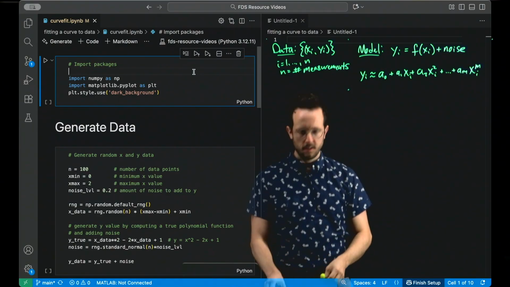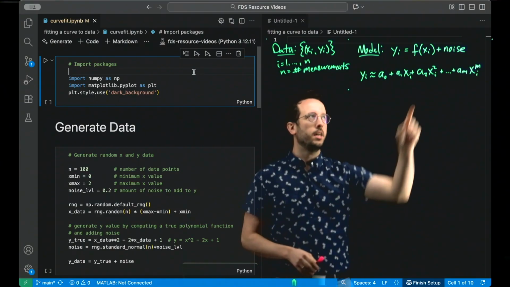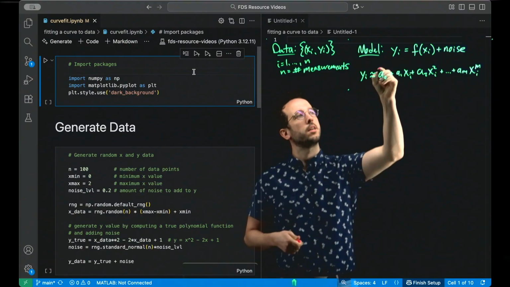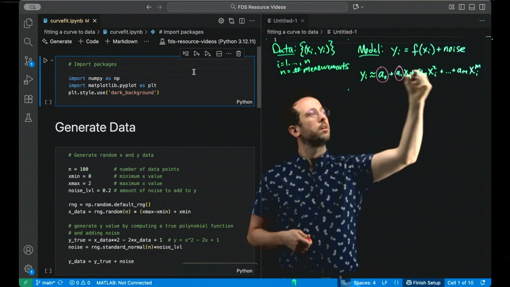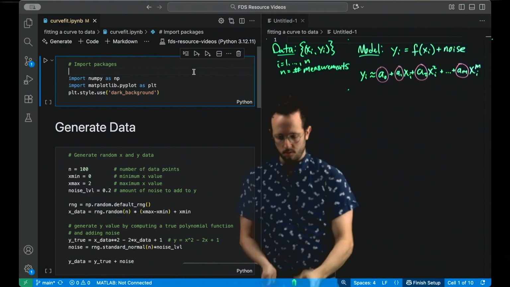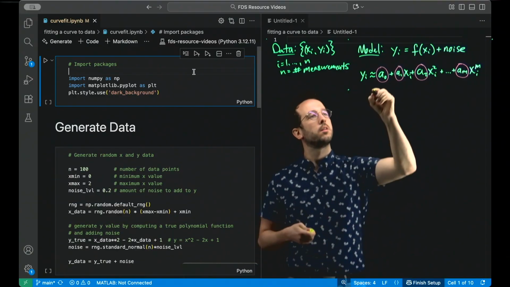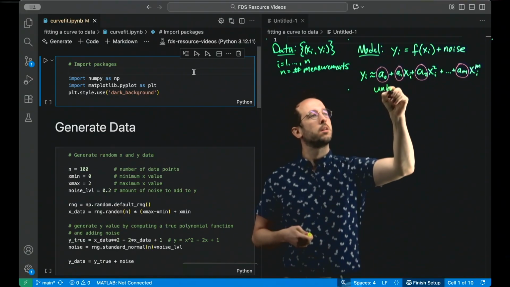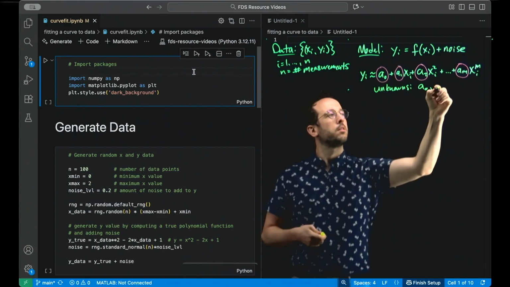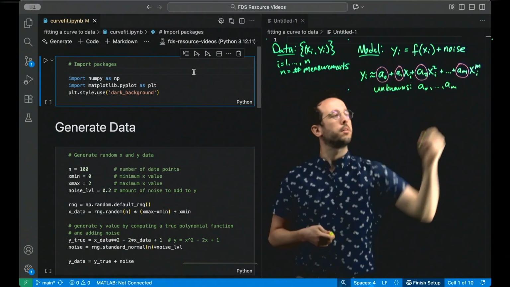So finding a function f that relates x and y in this case boils down to finding the coefficients of this polynomial function. So these are our unknowns, a0 all the way up to am.